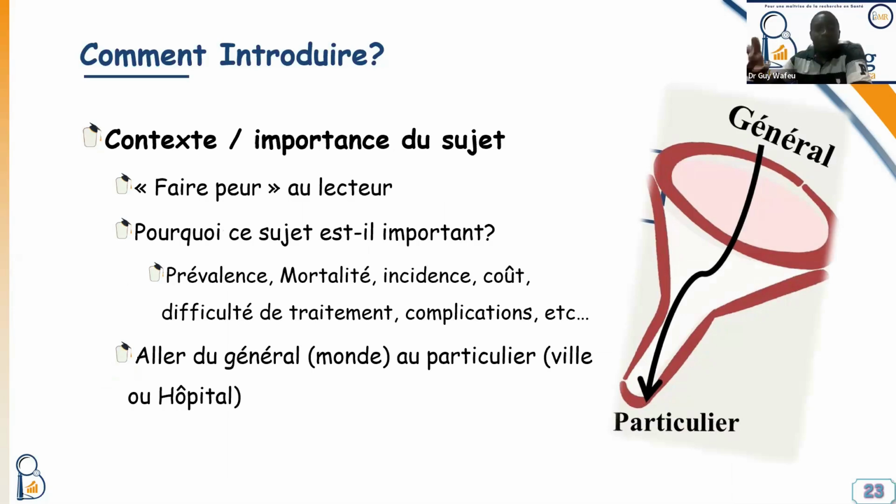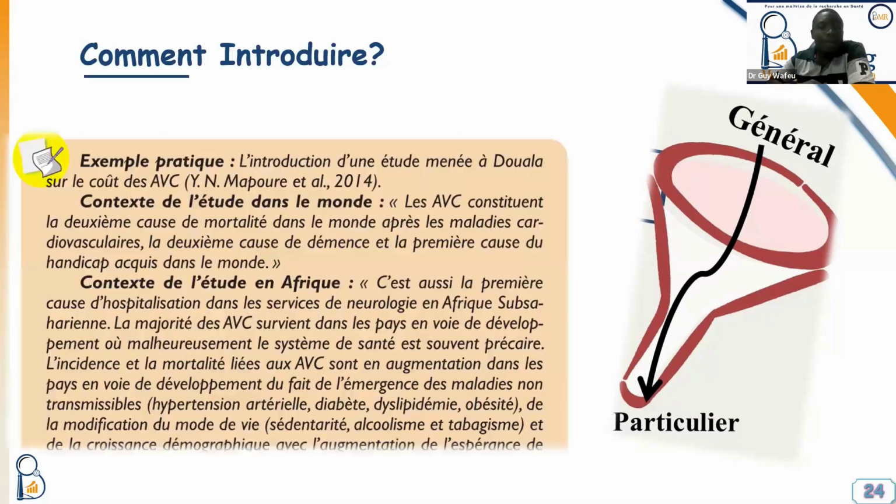And you can either use the prevalence, the mortality, the incidence, the complications, and so on, just to make sure that you are presenting something which lets people understand and know that what you are working on is something quite important and interesting. And you will do it from the general view to a particular or a specific view, the context where you are working. This is an example that you can maybe read later on, presenting what I'm trying to set as the context.